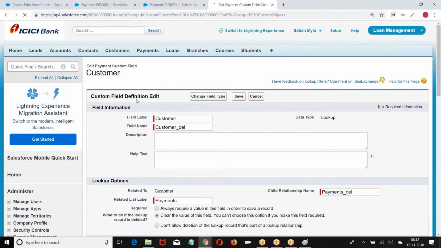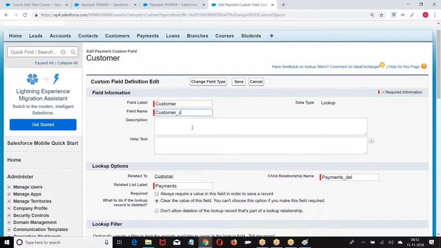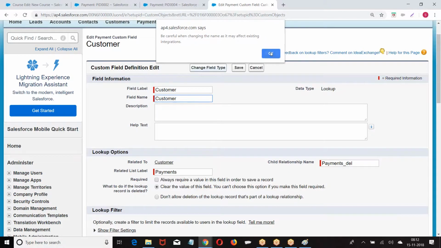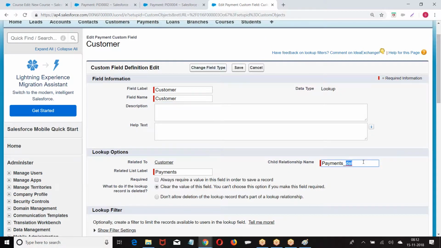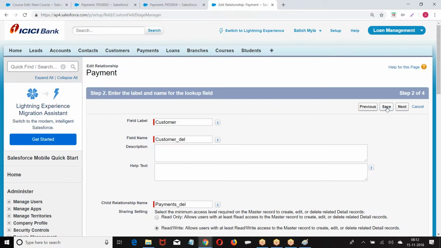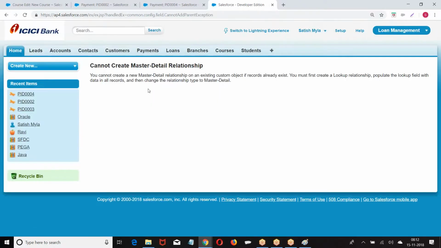Edit. Change the field type. Master detail. Next. Cannot create master detail. Why can you not create a master detail? Right.